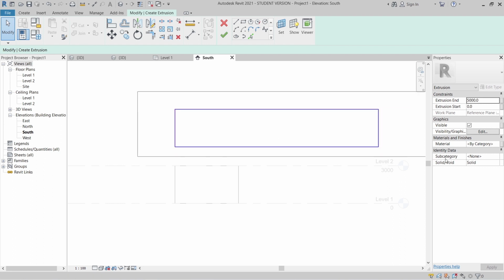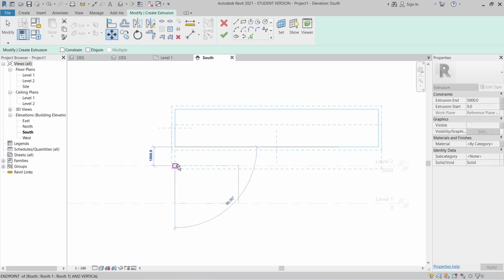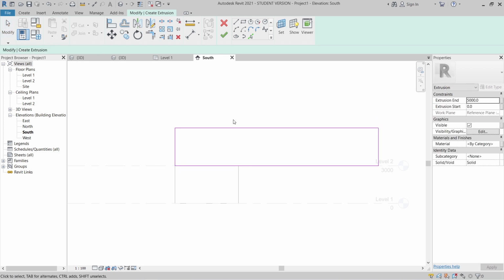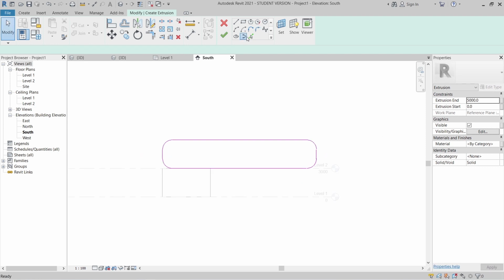Okay, then I can select all. V for move, I can move it until here. Hit escape a couple times, use our filter again, radian 1 meter by 1 meter again. We just repeat our process. Make sure you click for the first point and second point here. Hit escape a couple times, use pick line again, then offset about 250 again.